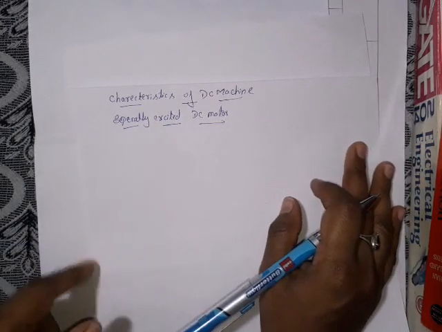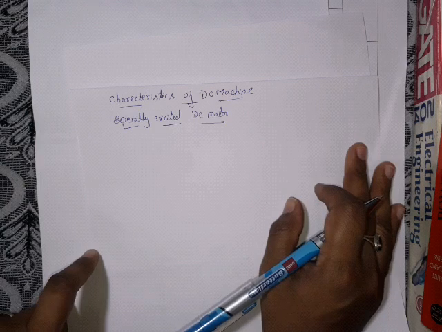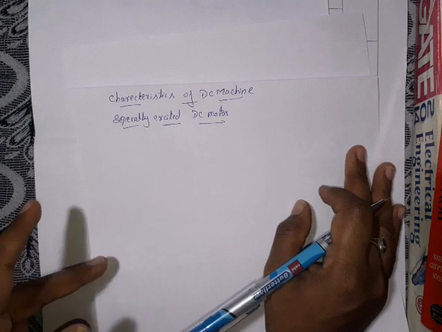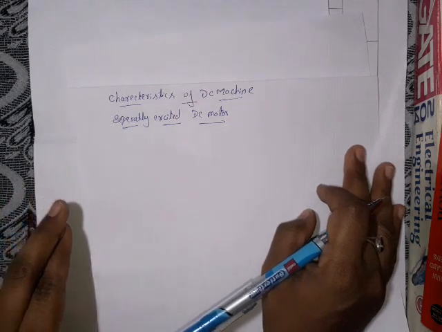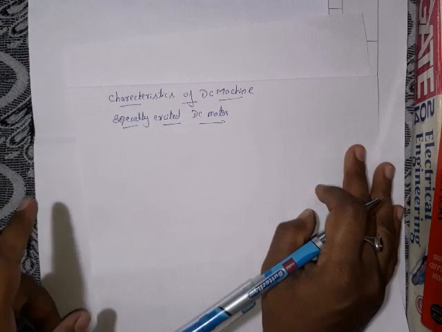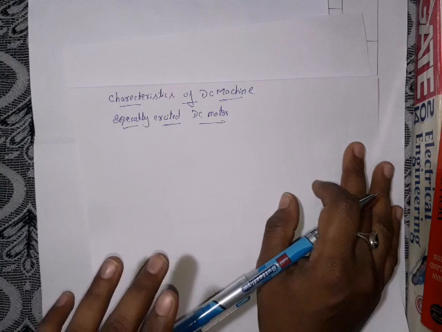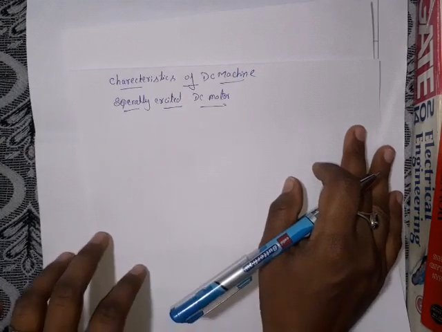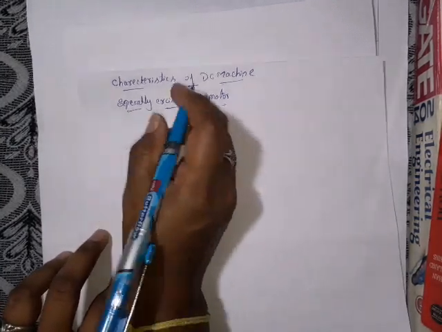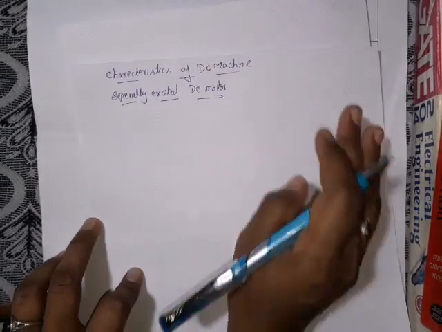So first, what is this separately excited DC motor? I didn't tell you the broad classifications of DC machine. I just told you about only two motors, that is series motor and shunt motor. There is a broad classification in DC motor. Anyway, this is not there in the syllabus. Still, I tell you because we need to study about separately excited DC machine.